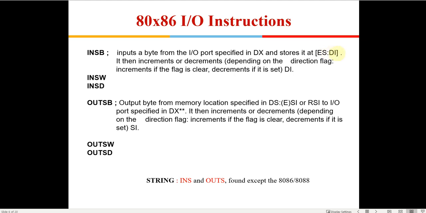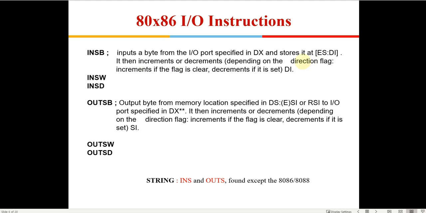ES and DI will decide the destination memory address where the data will be stored, and then it increments or decrements the DI register, depending on the direction flag which you have set.